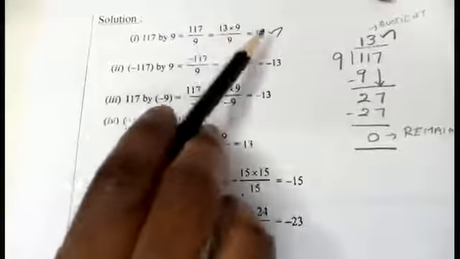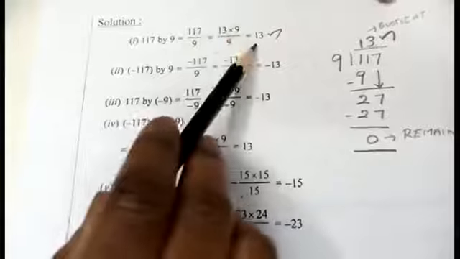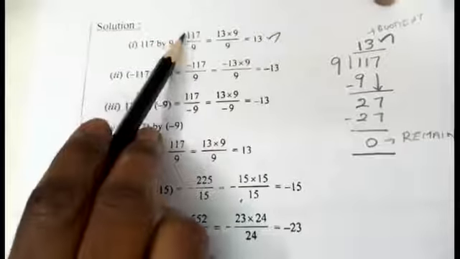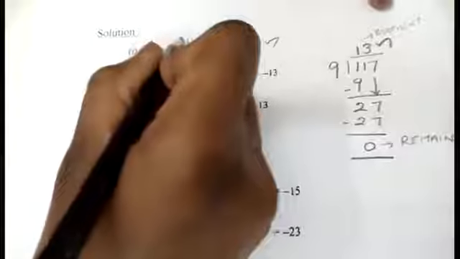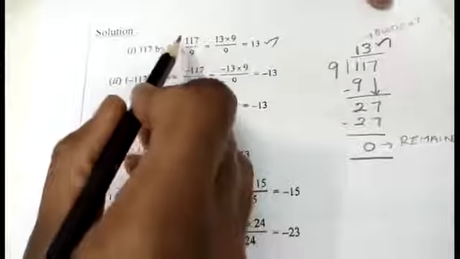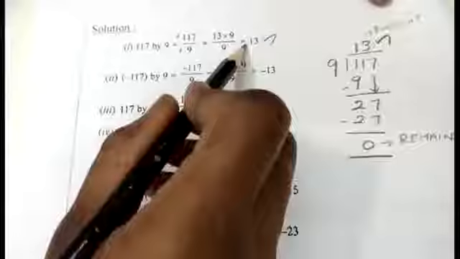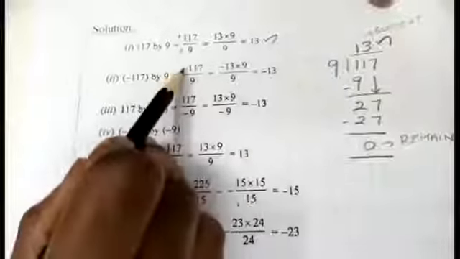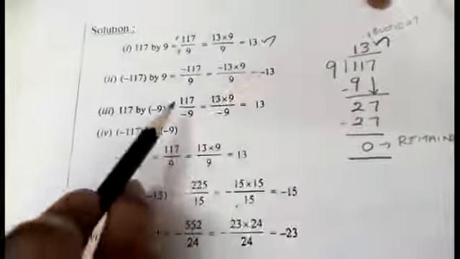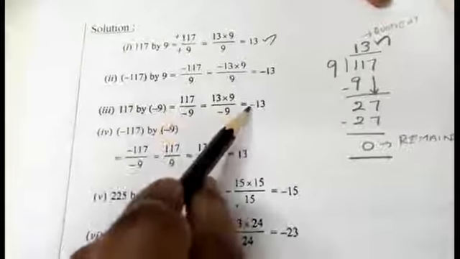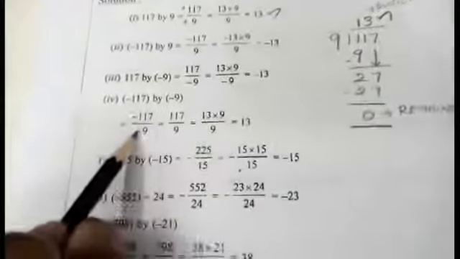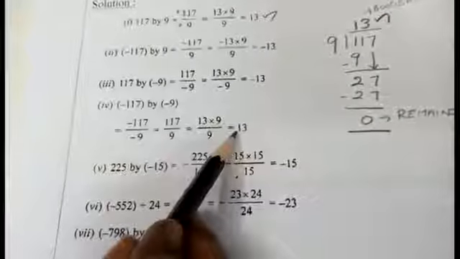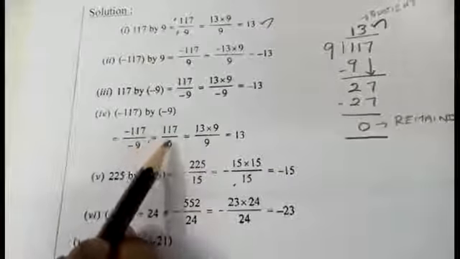Here 117 they are writing as 13 into 9. Not necessary, you can do it like this division also, or you can split the number and write. You can try in any way. 13. If you do not have any sign, it is known as plus. Just for your understanding I am writing plus divided by plus means you will get plus 13. Minus into plus means minus, plus into minus, minus, minus into minus, you can strike it out, again you will get the value as plus. That is by doing the calculation step by step.